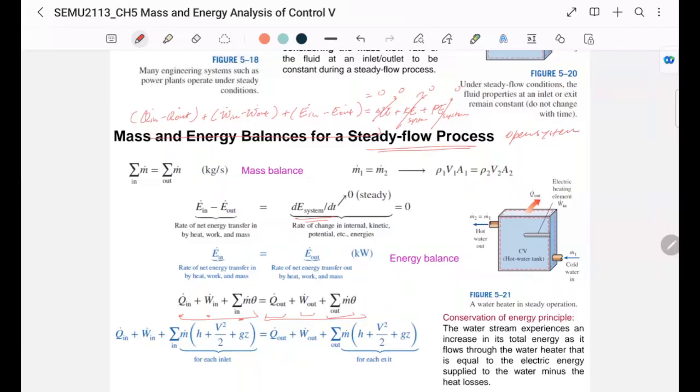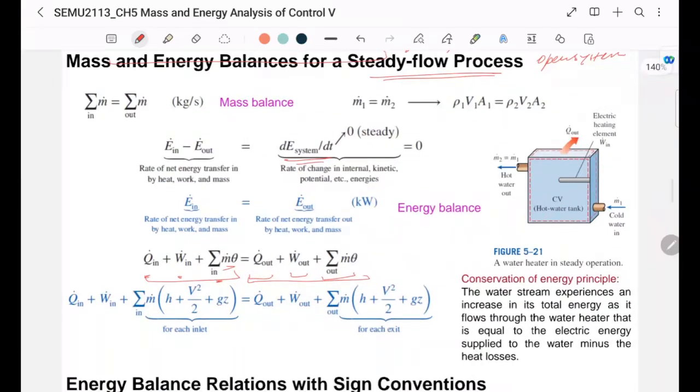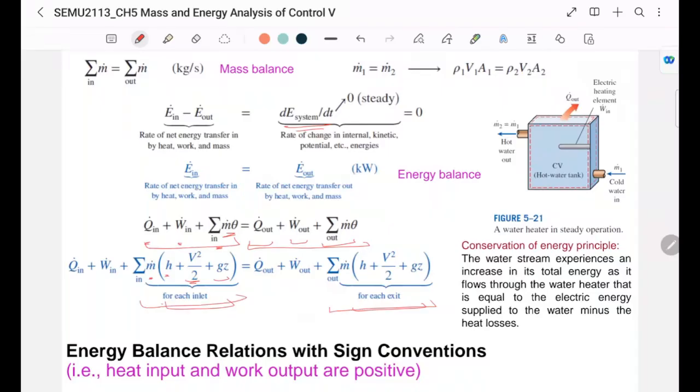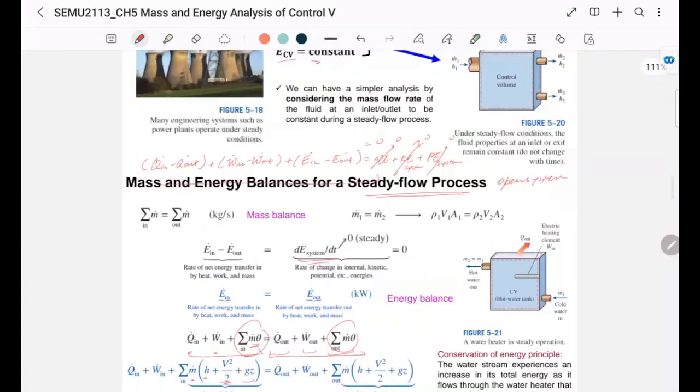Okay, and m dot theta. So m dot multiplied with enthalpy plus kinetic energy of the fluid, not the system, the fluid itself, plus the potential energy of the fluid. Same goes for this side. So this is the one that we were looking at just now, how to define the energy in the flow. So now we apply it here. The whole system is still based on the equation that you saw in chapter 4.